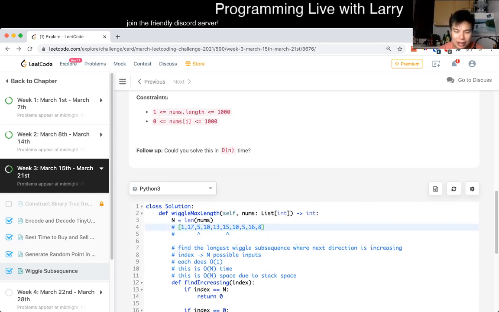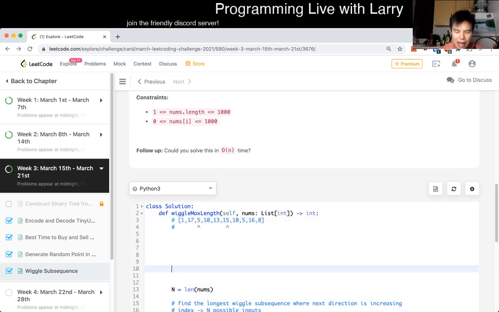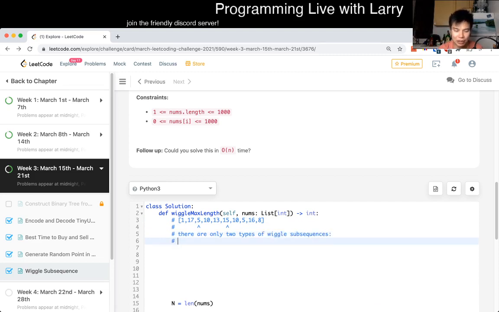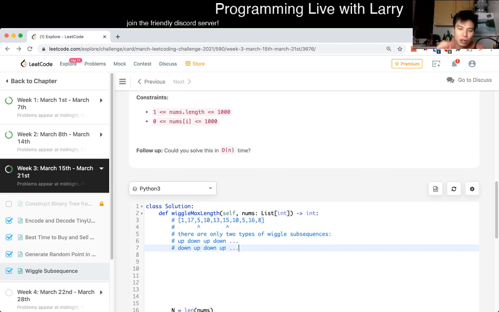But for this problem, the key thing to note is, and I'll go over the code in a second, but for now we can focus on just this thing. There are a couple of observations. The big one I would say is that there are only two types of wiggle subsequences. Basically, one that goes up, down, dot, dot, dot, or down, up, dot, dot, dot, right? So here,